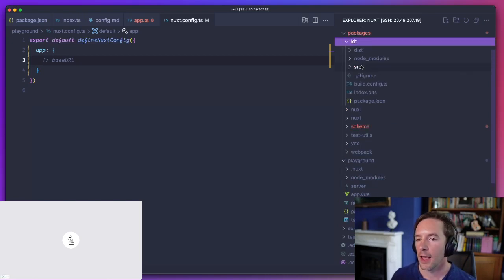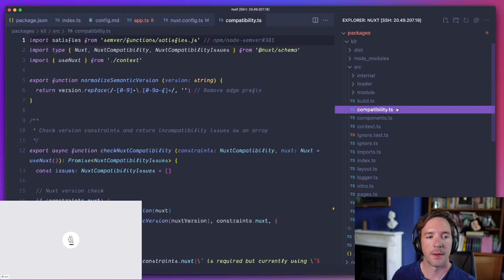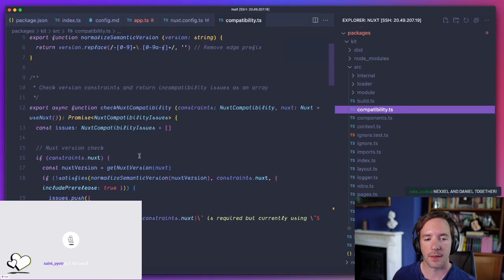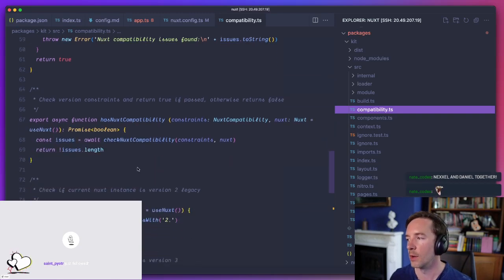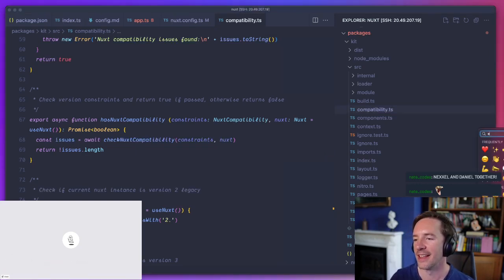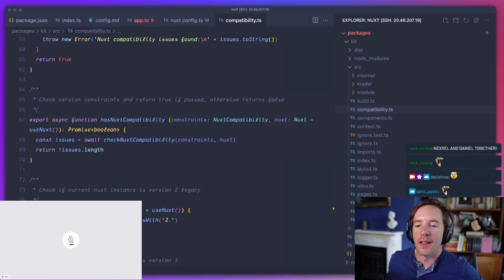Kit is basically a library of utilities for module authors. It's like a Nuxt SDK. So they can do things like check the compatibility with a particular version. Like maybe they want to say that they only work with Nuxt above a certain version or something. And basically it handles all of that. And then there'll be lots of other things, like maybe you add a virtual file or a template or something. And this is meant to provide a consistent interpretation.